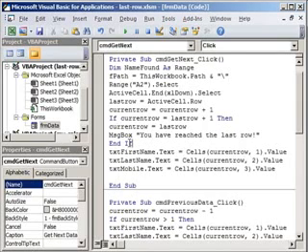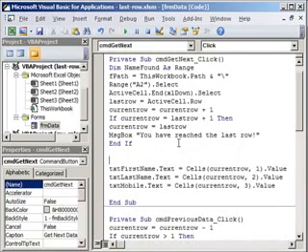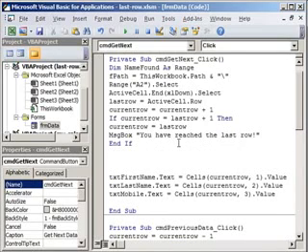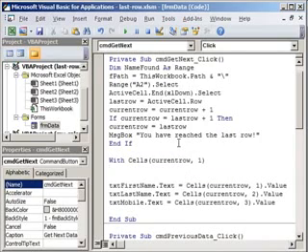So I'll click after the end if here, press enter, and here with cells current row and the index 1, we will go to